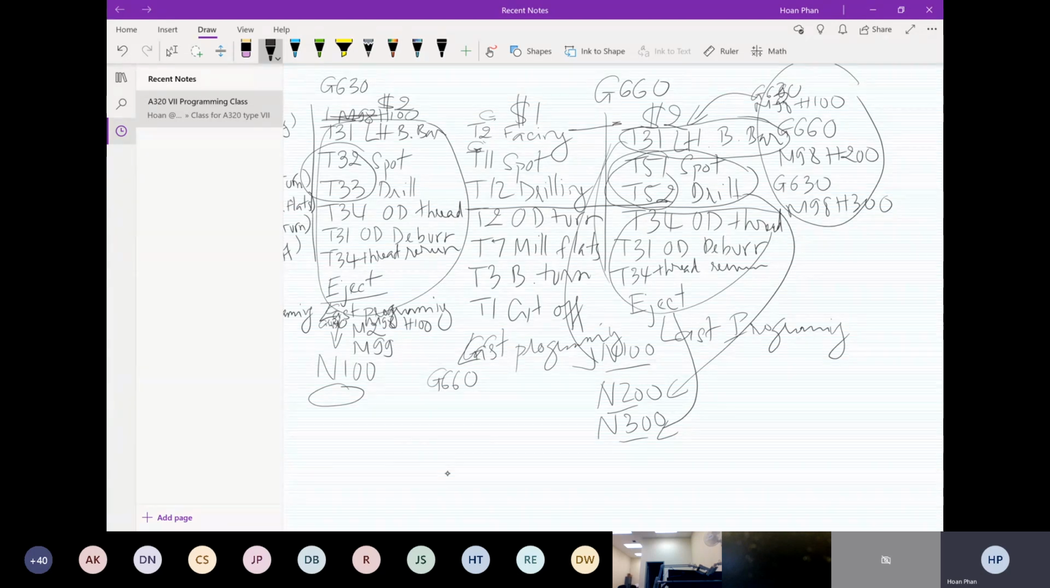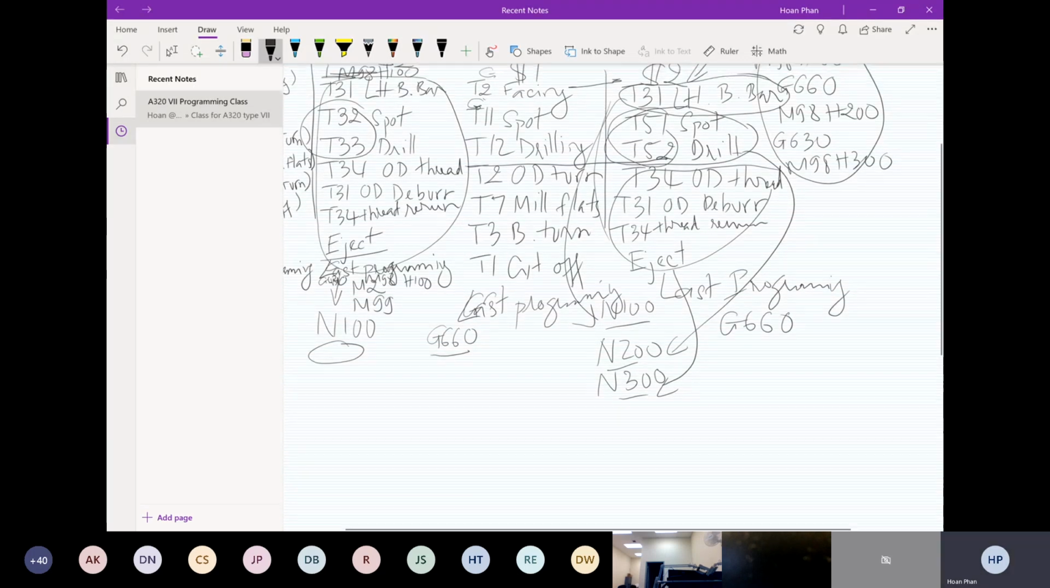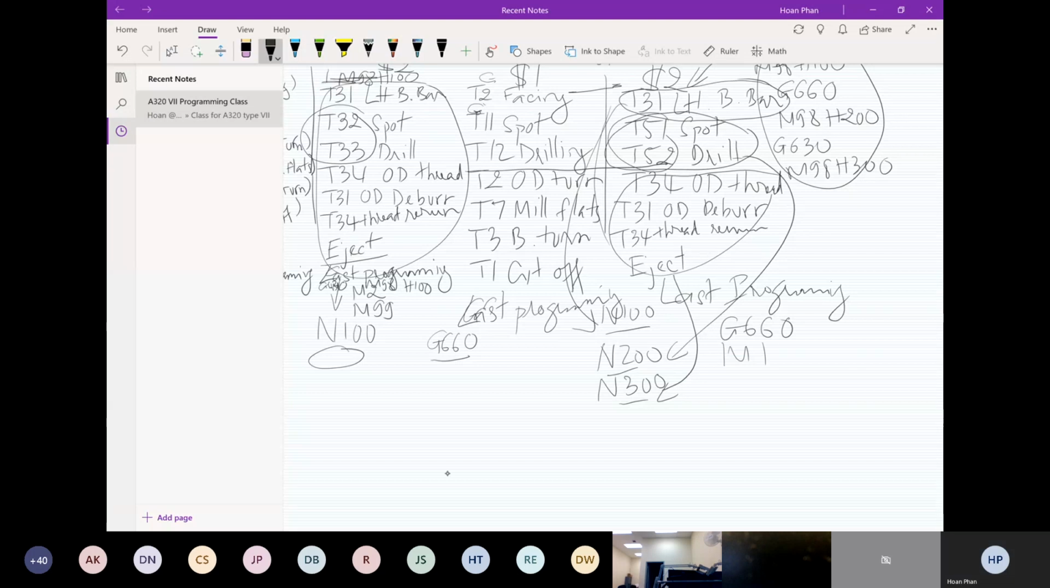So basically, we have to retract the material on the main spindle in order to have it clear while the tool on the main turret comes over. I'll go over it later. But then we're going to have over here also G660, and M98 to call the subprogram over here also, and then go back,